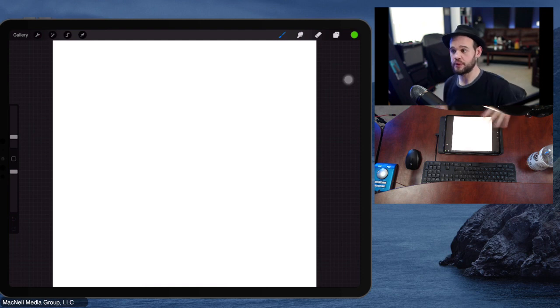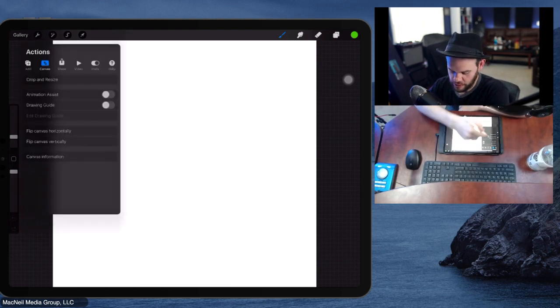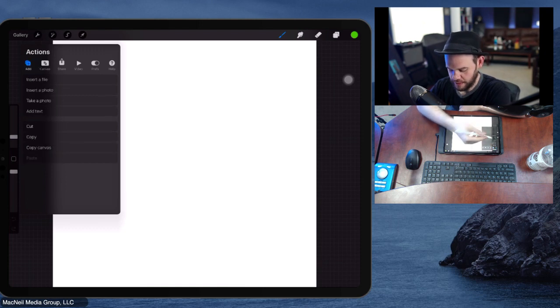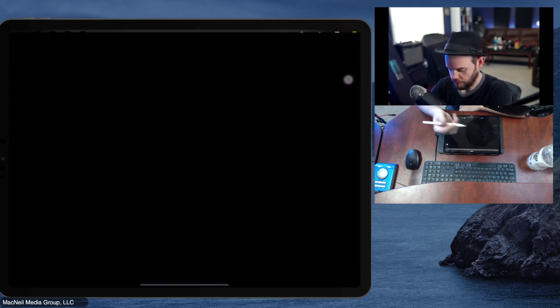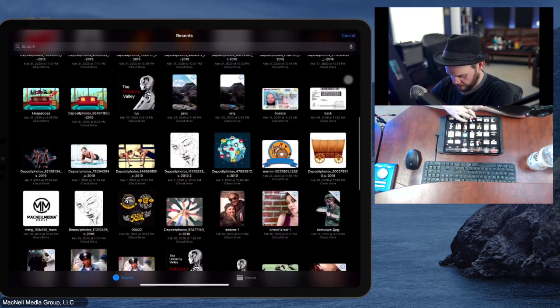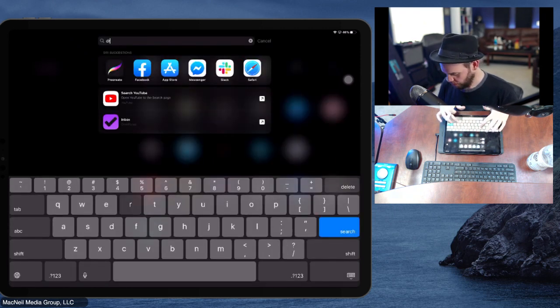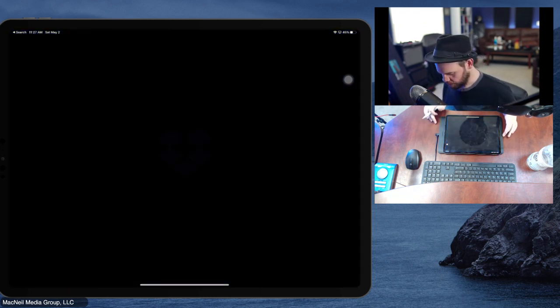You could print it out and put it under something and trace over it, or you could load it into an app like Procreate or Photoshop, like I'm going to do. So I'm just going to grab that image. You can download it again in the show notes off of Dropbox. I'm going to go to Add, and I'm going to insert file, and then let's see, I don't have the file, so I'm going to go to Dropbox and get the file. Let's go to Dropbox,